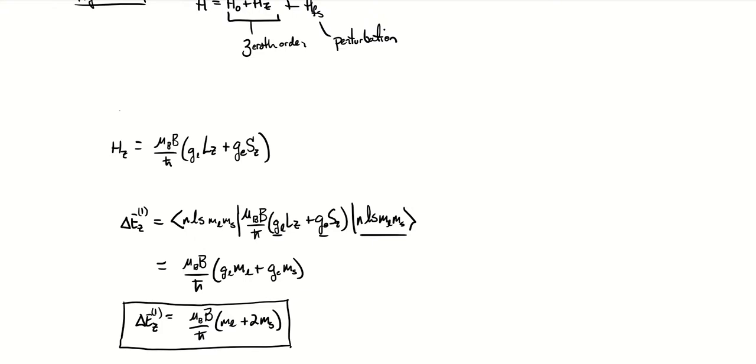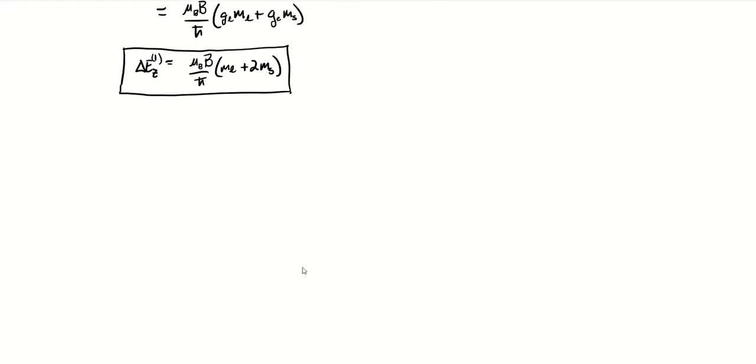The next thing we have to do, now that we have what we're going to call our zeroth order energy states and energy eigenvalues, is apply our second perturbation, which is the fine structure. Now, if you recall, the fine structure Hamiltonian consists of a relativistic term and a spin orbit term. So there are two parts to the fine structure Hamiltonian.